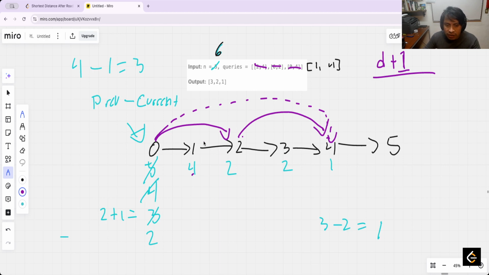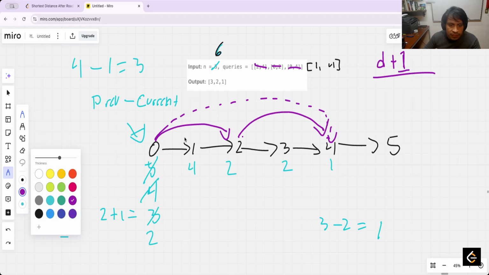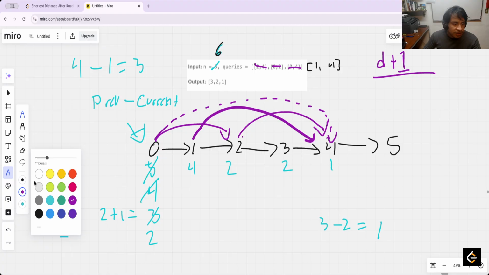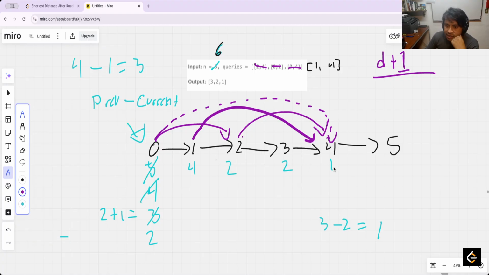Now the next in the list is 1 and 4. 1 and 4. Okay. Now here is what is the number, 1 plus 1 is 2. Okay, this is updated to 2, and now is the previous 4 less 2, it's equal to 2, and